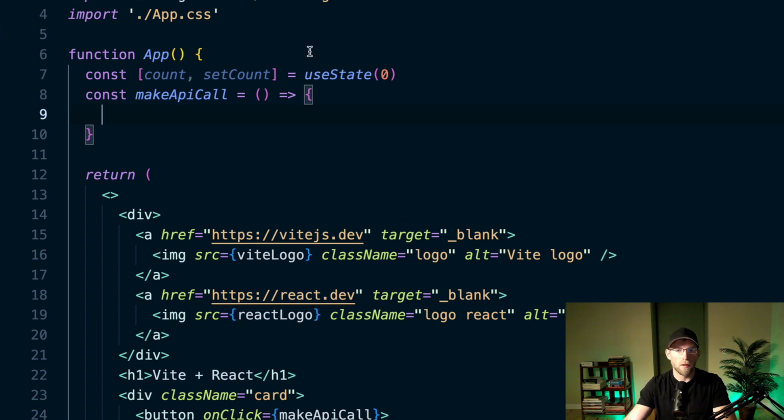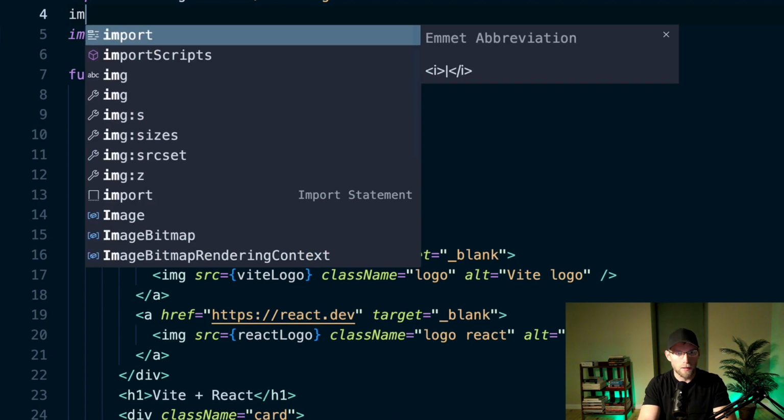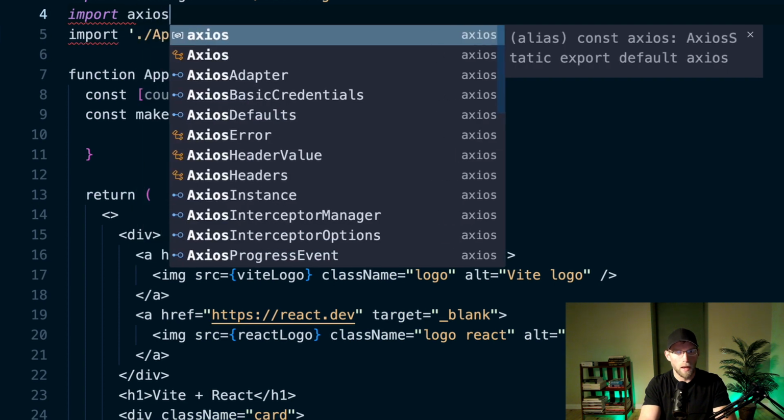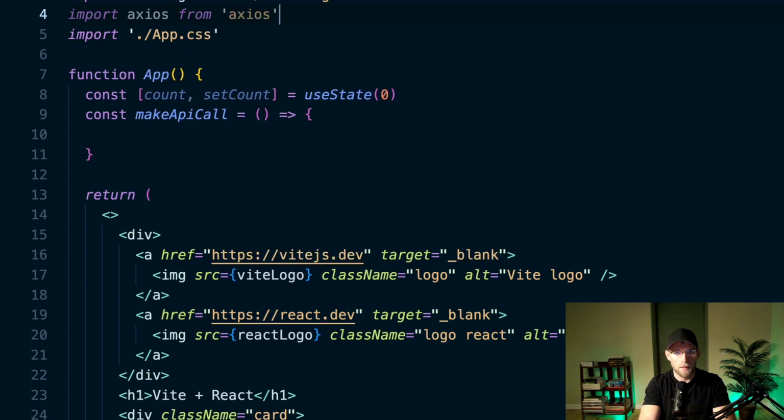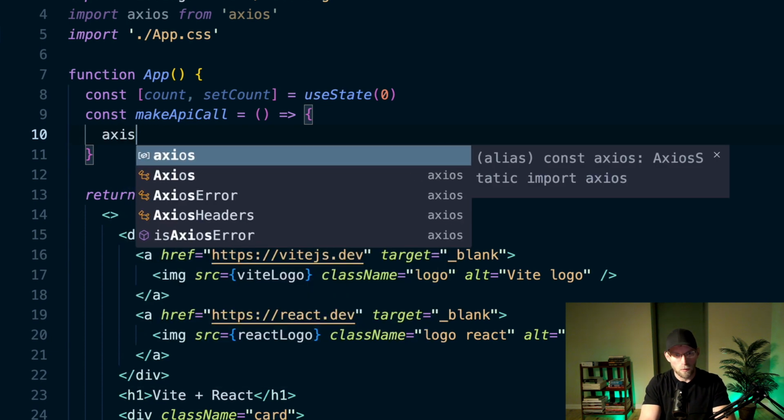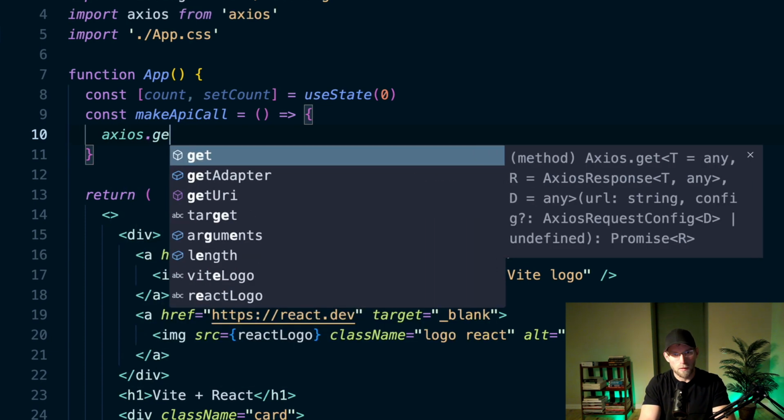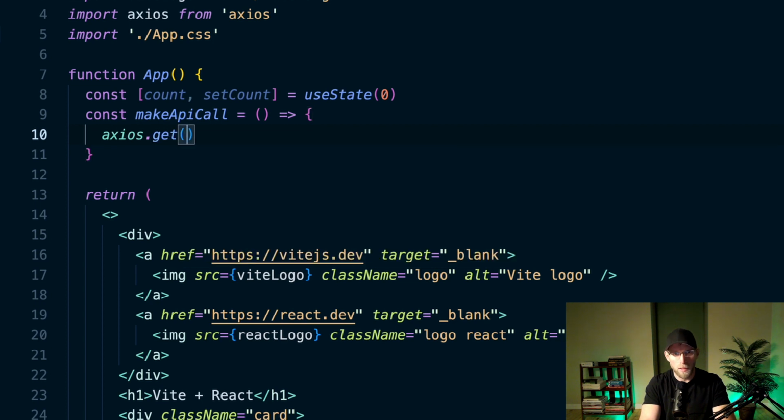And then this is where we'll make our API call. So we will need Axios. So we'll import Axios from Axios. And now inside this function, we can do whatever we want. And we'll do Axios and then .get for the get method, which sends a get request. And that takes an argument, which is a string of the URL that we want to make our API call to. So actually before that,